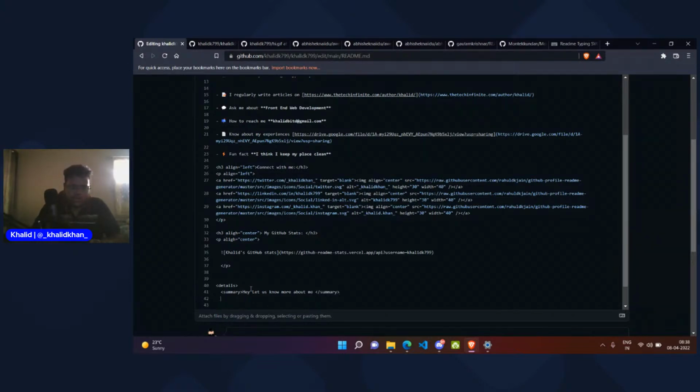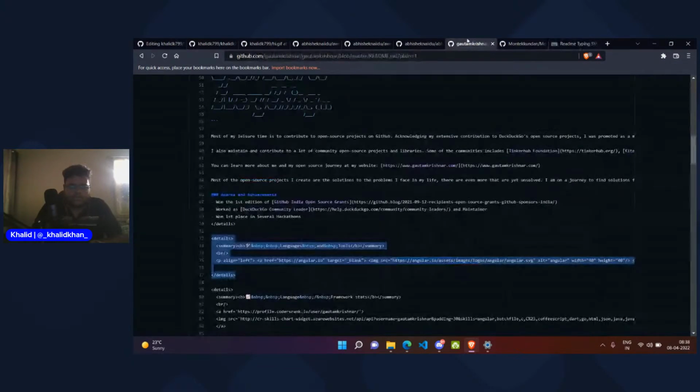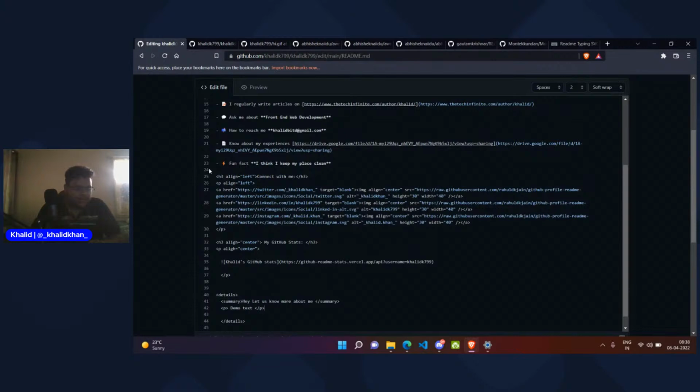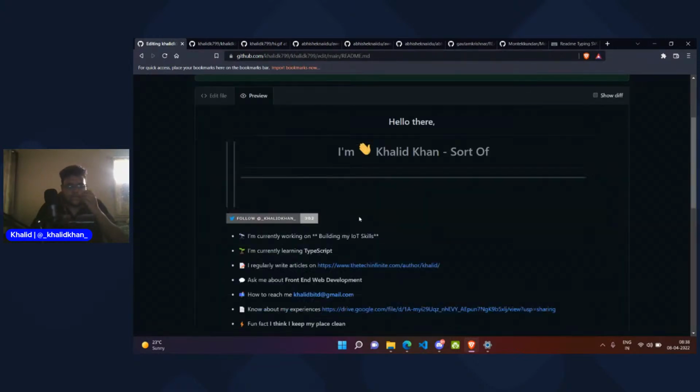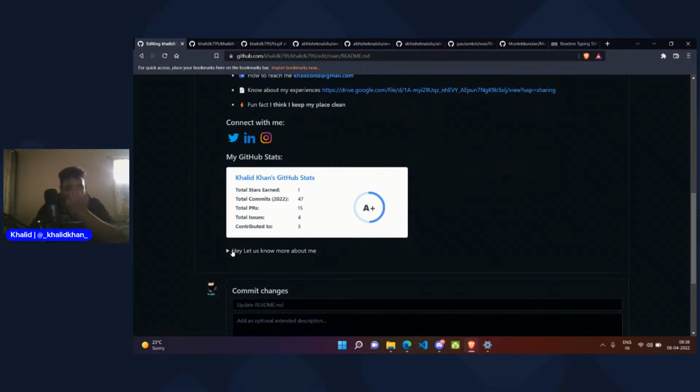Summary, and then we'll use the links over here and use a paragraph that will be hidden inside it. Demo text. I'll not write anything here. I'll remove this and will not commit this because I don't want a demo text here. So here is a drop down text. You can add this as well.